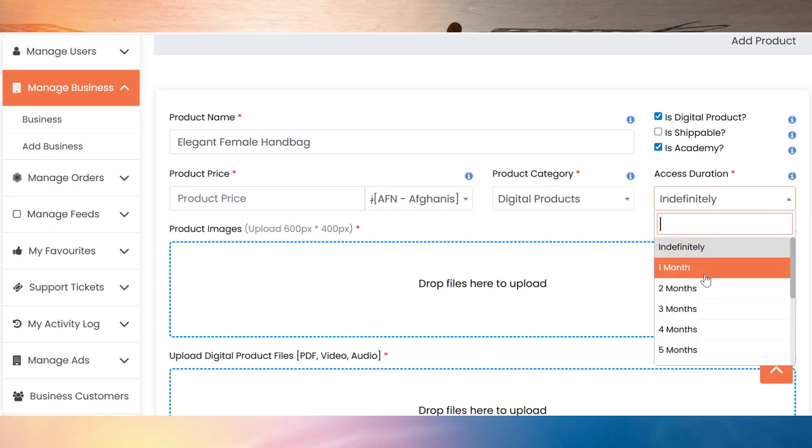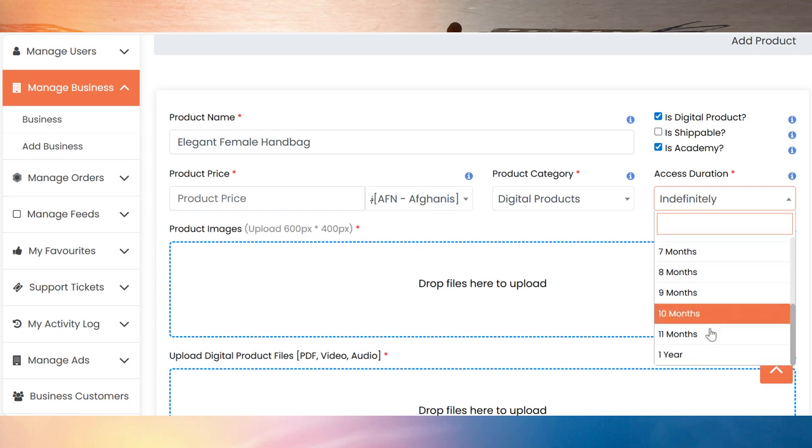So you select accordingly. Is it indefinitely, meaning it will not expire? That is lifetime access. Or 1 month, 2 months, 3 months, up to 8 months, 1 year, right? Or indefinitely. So you select accordingly.